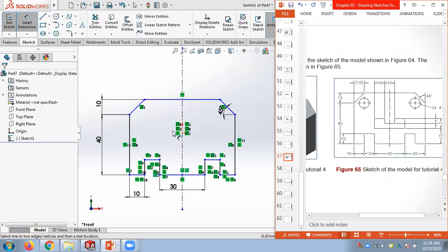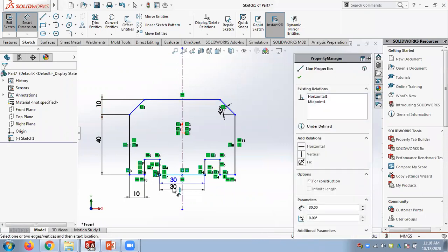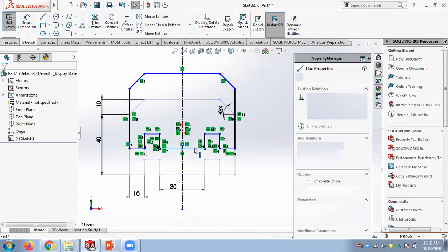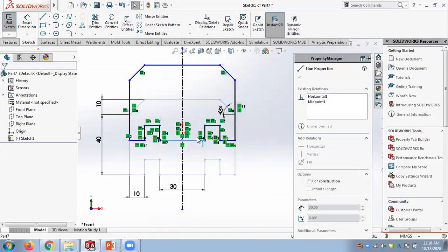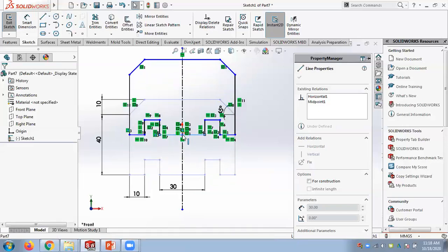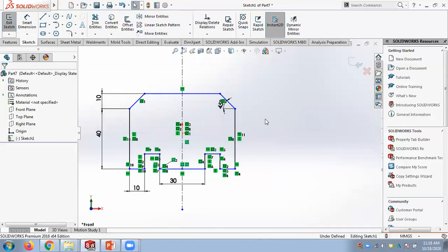Here I didn't fix my drawing to the origin. That's the problem. I'm getting these blue lines. If you try to take this drawing here, it's floating because it's not fixed to the origin. If you put it in the origin, this problem will be overcome.